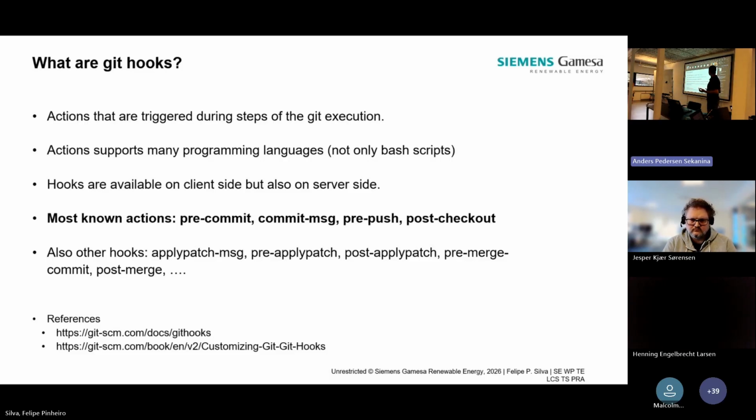These actions can execute scripts, and these scripts can be in a variety of languages, depending on the OS actually, not on Git itself. The most common is Bash script, and Python, Ruby, Perl, and many other scripting languages you can use